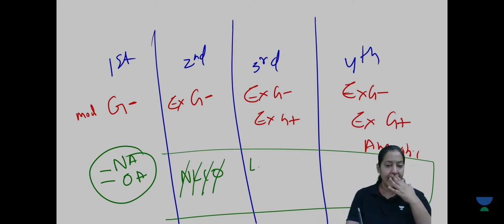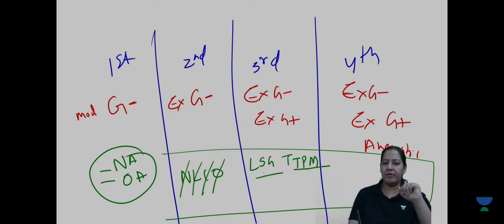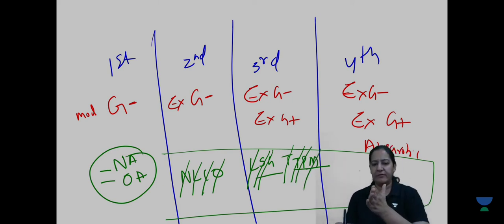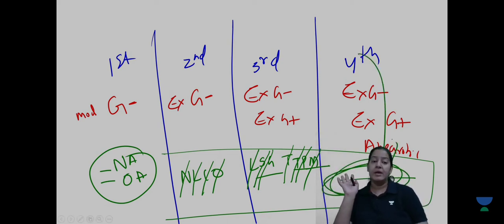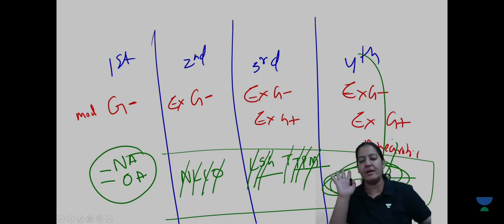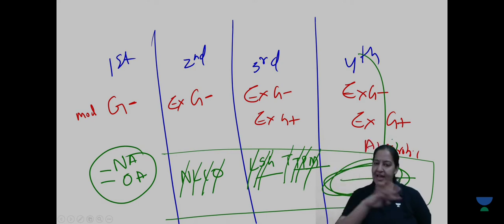Right. In the third category, LSG, TTPM. Right. This was the mnemonic. So PM, TT, LSG. Make some mnemonic. Right. So it is Levoflox, Sparflox, Gatiflox, Trovaflox, Temaflox, P-flox, Moxiflox. Right. In the fourth generation, I don't remember the names, but make some mnemonic and learn it. This one is the most important since it is the broadest one. So please make a mnemonic and learn the names of the drugs. So that's how I can help you in simplifying the classification. This is the classification along with spectrum.